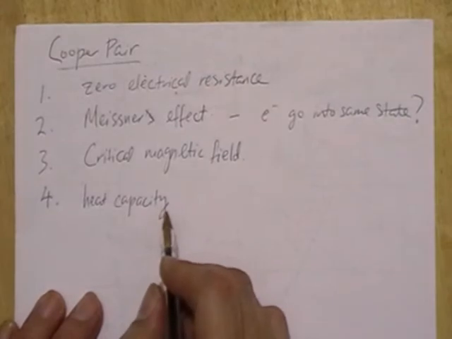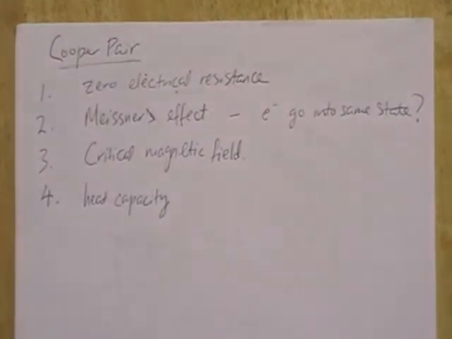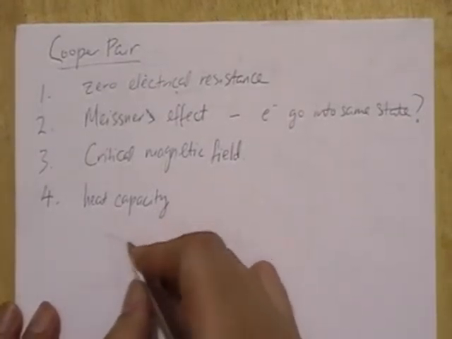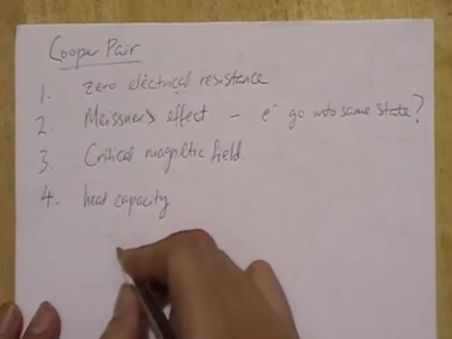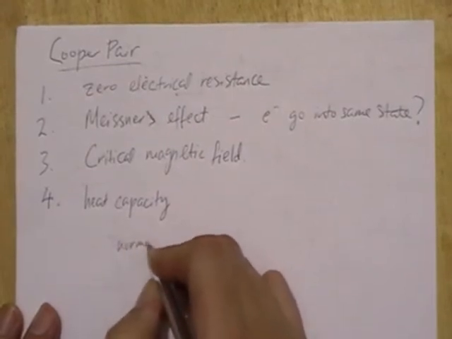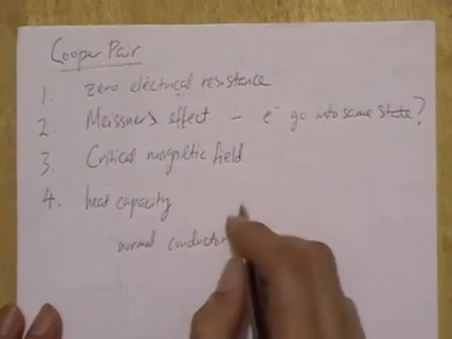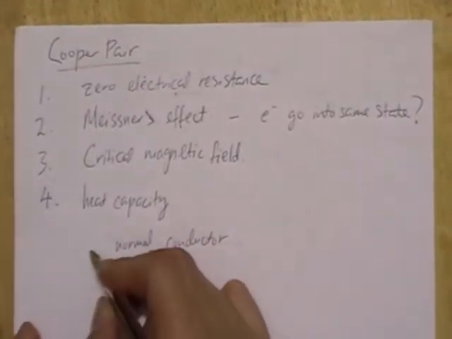Alright, for the heat capacity, the property is like this. Suppose that I have a normal conductor, then